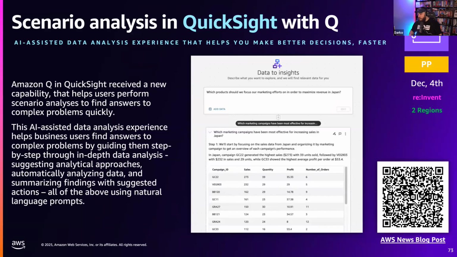It's currently available in public preview, so you can definitely go check it out. I very much like this approach, not only because it helps you become better, but also it's more accurate. One of the things about generative AI is that if you ask it to do things step by step or explain its thought process, it's actually going to do things more correctly. So there you go. Most of the time. Okay, moving on.